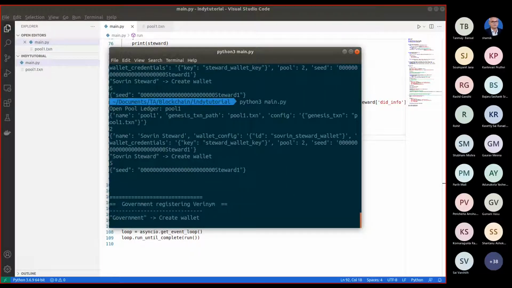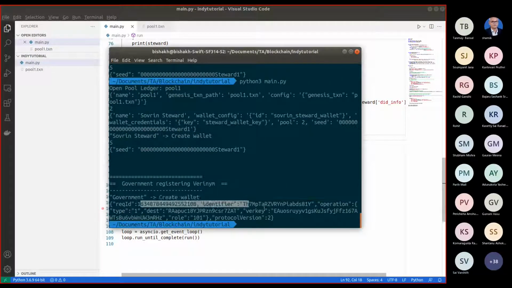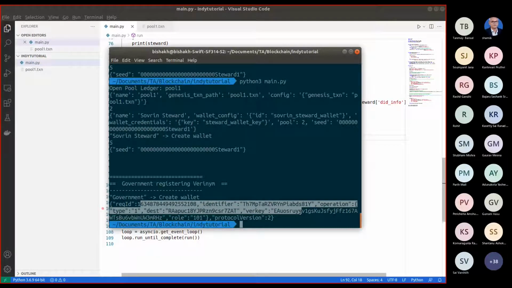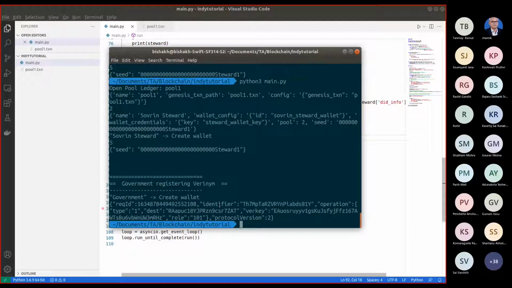So you see that government registering deed. The wallet is created, then this is the request which is sent, and it did not produce any error, so it is fine.